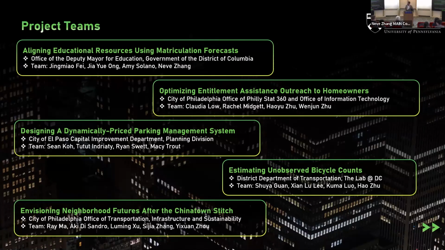The first project is with the Office of the Deputy Mayor for Education, Government of the District of Columbia. It's called Aligning Educational Resources using matriculation forecasts. And this is with our guests who have come up the Amtrak line or maybe 95 to join us. The second project is called Optimizing Entitlement Assistance Outreach to Homeowners, and this is with the City of